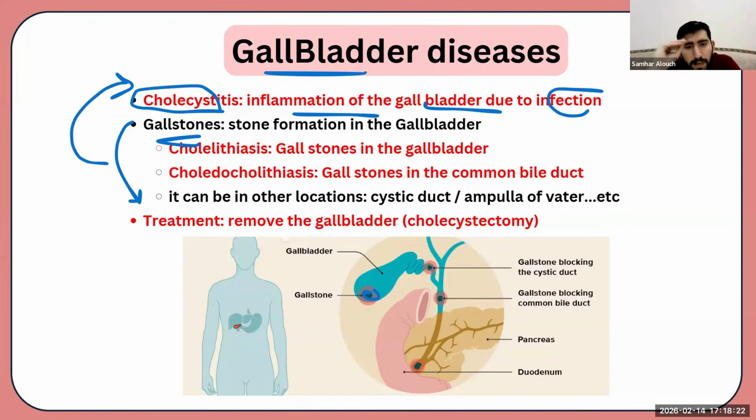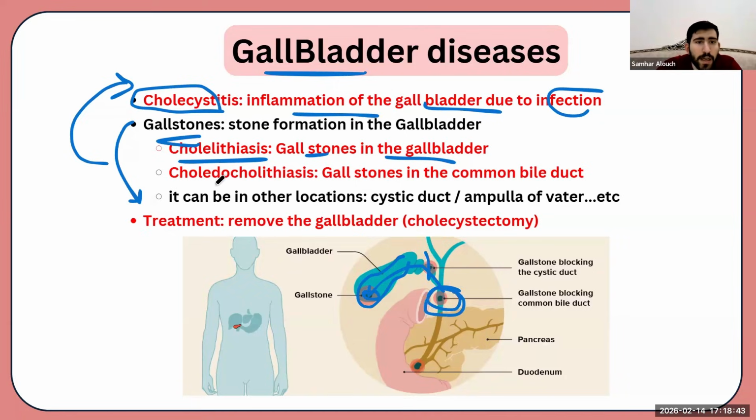I want you to memorize the names of the locations. First, the stone might be in the gallbladder and it stays. Nothing happens. It's just there. That's called cholelithiasis. Okay? Gallstone in the bladder itself. Now, if this stone moved and blocked the common bile duct, not the cystic duct, blocked the common